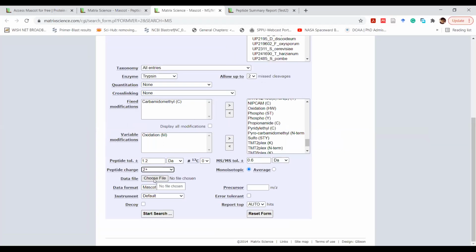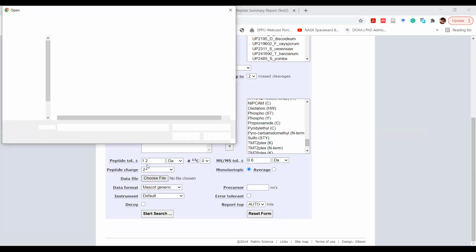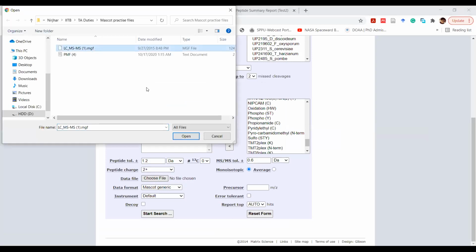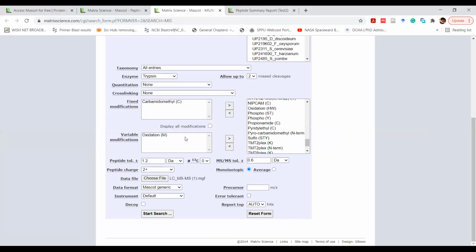Then obviously, probably the most important step is inputting the data file. We are doing the MSMS, and it takes any sort of text format, but preferably MGF files. The data that it takes is a spectral file from the tandem mass spec. So MS1, MS2. After the MS2, we receive a spectral list of the particular sample that we have given. For a note, if you haven't already guessed it, here we are putting preferably a purified sample's results. If there are multiple proteins and you're giving a mixture of peptides for them, obviously the database will give you wrong results.